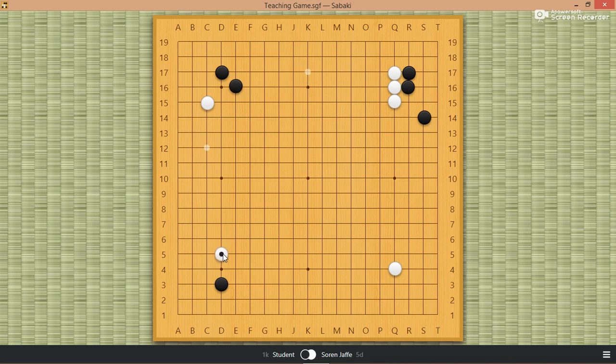But I extend all the way, and black takes the corner and then jumps. Now this move, I'm not a fan of this move. The reason why I don't think it's good is that it still leaves a weakness here, on this side, but it also leaves a weakness here on this side, no matter where black wants to invade. Because this move actually does not protect either invasion,